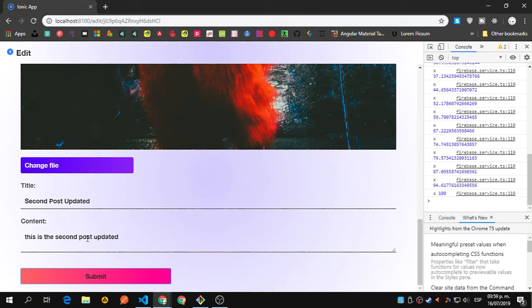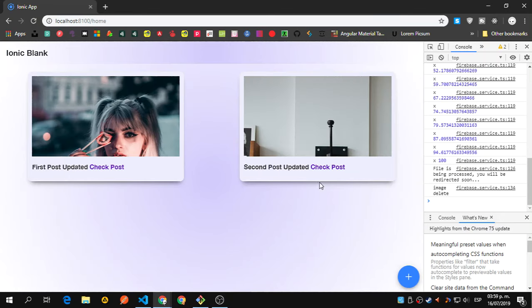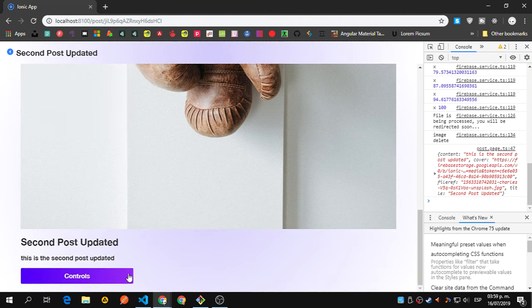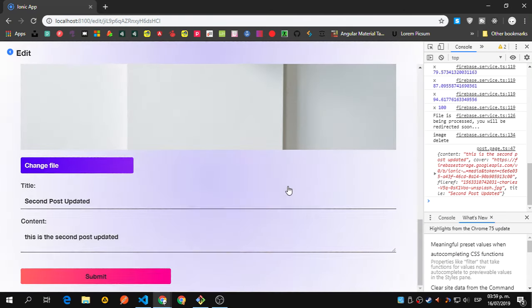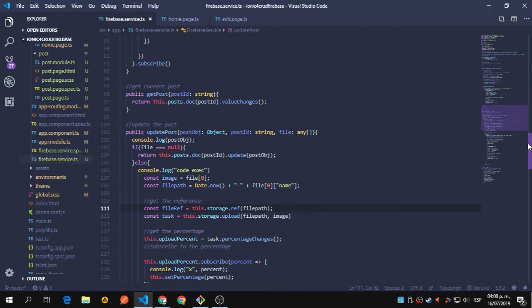Although you can see that the changes happened, so it's going to redirect me. It's going to console that the image was deleted, the other image. Controls, edit. So we have this edit. So that's odd. So it's working except